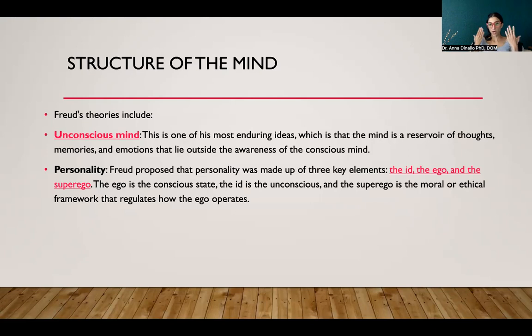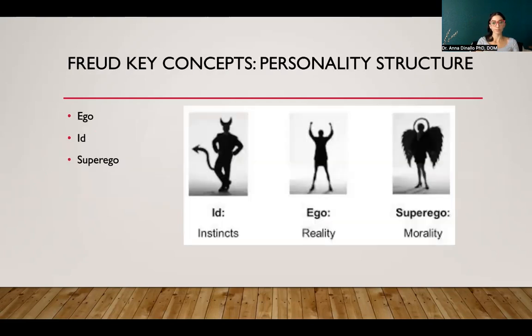So the ego becomes a conscious state, right? Thinking more gamma, like you're aware of something. But we also have these unconscious aspects of the id and the superego. And the superego is more of that ethical framework that potentially we have through socialization. So I found this graphic online. And so you can see the id is primarily instincts. The ego can be associated with one's reality of what truly is. And then the superego can be like a little devil or a little angel compared to the id.